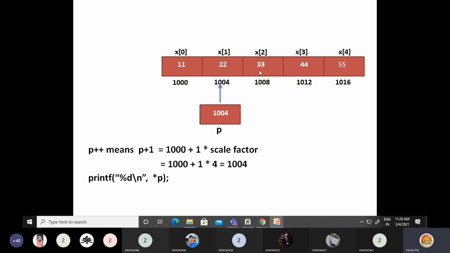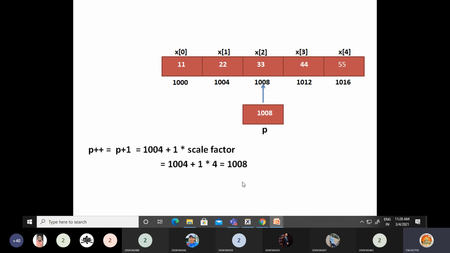So how can we move to the next element then? This prints 22. Now how can I move to the next element? Just by saying P plus plus. When I say P plus plus, it goes to the next element. That means P now contains 1008, and when you say percentage D star P, it prints